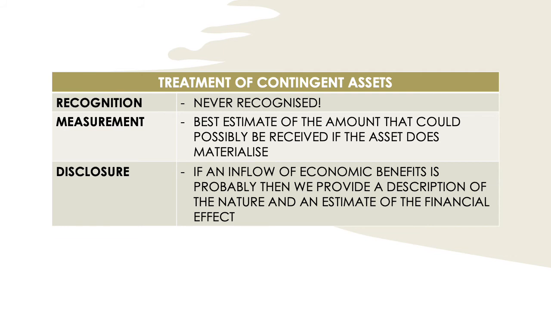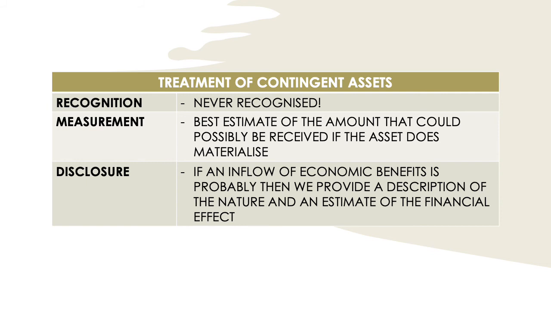And then lastly, we have our treatment of our contingent assets. Now, once again, we do not recognize a contingent asset in our financial statements just because they are possible assets that arise from past events and their existence will only be confirmed in the future. However, what is important to understand is that a contingent asset could lead to the realization of income, and we postpone the recognition of this income until it is virtually certain that we will actually receive this income. And when the realization of income is virtually certain, it is no longer a contingency, but we can now go and recognize an actual asset.